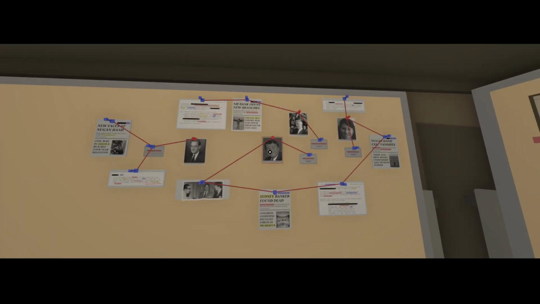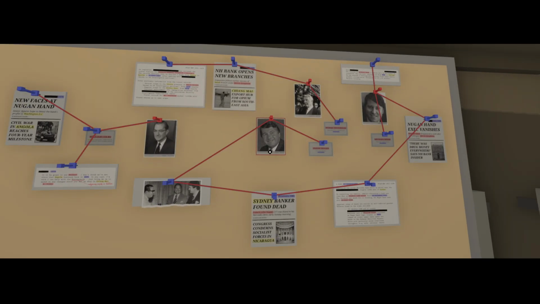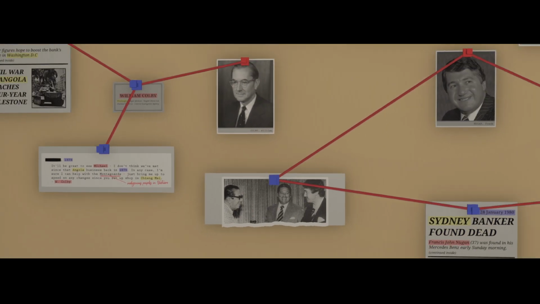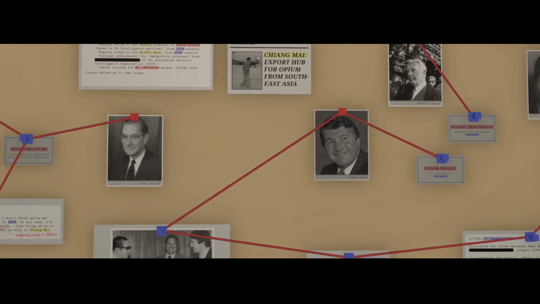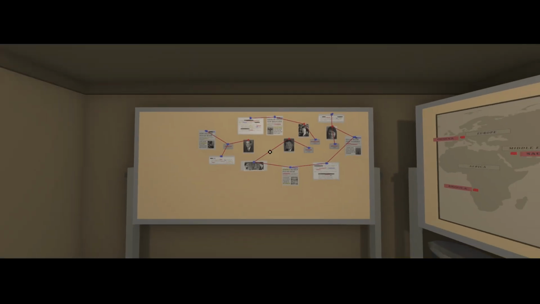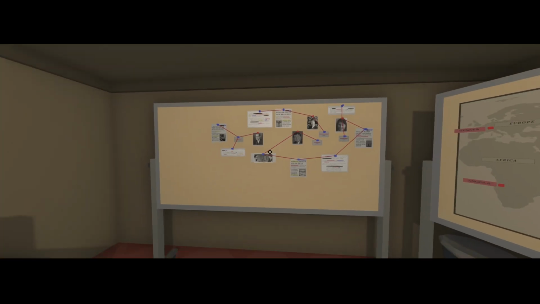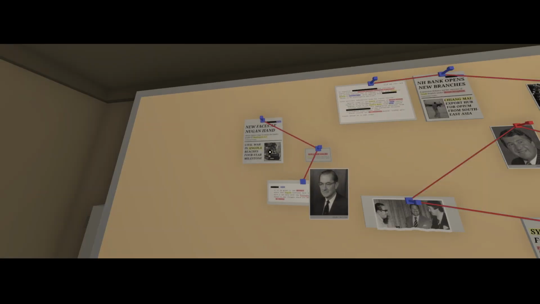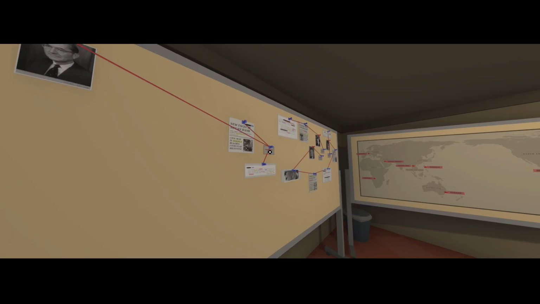I feel like I should really reorganize my board. Oh, wait. And then who is this right here? So we got Nugan. Michael Hand. Wait. Let's move you right here.